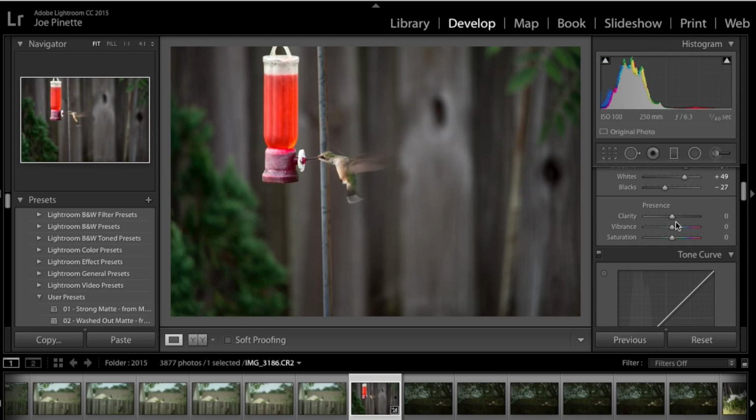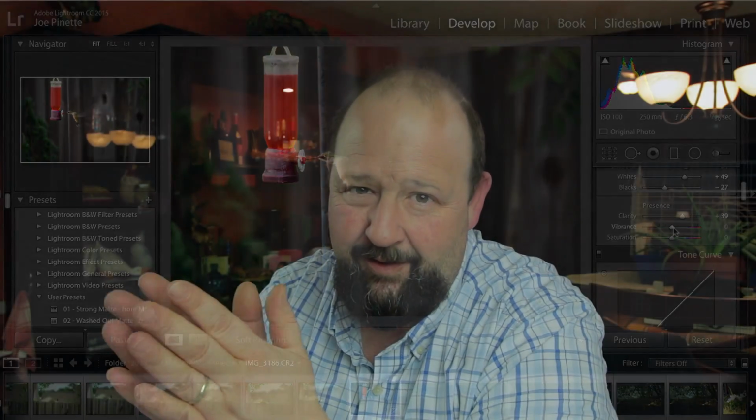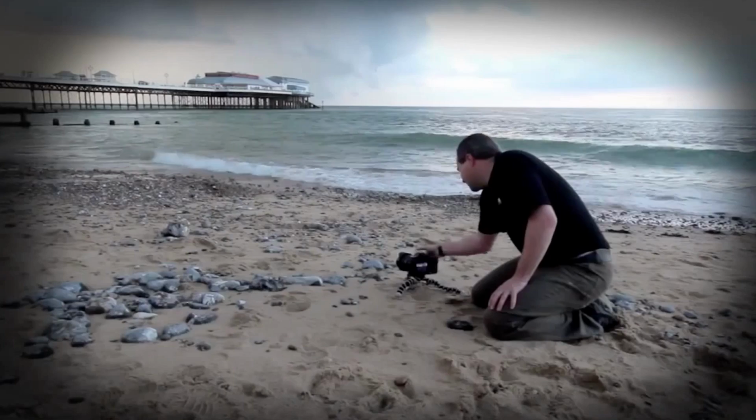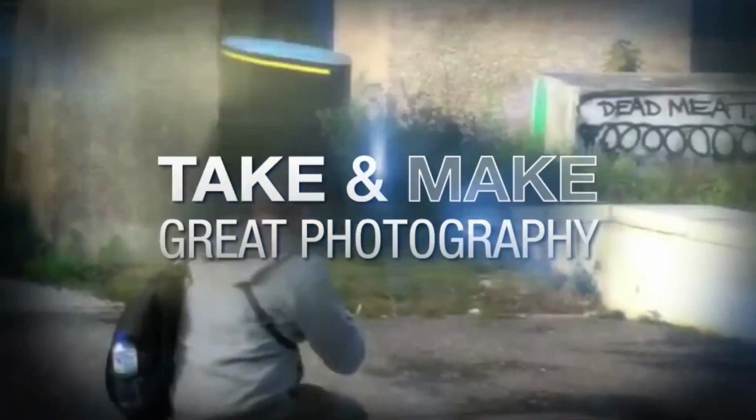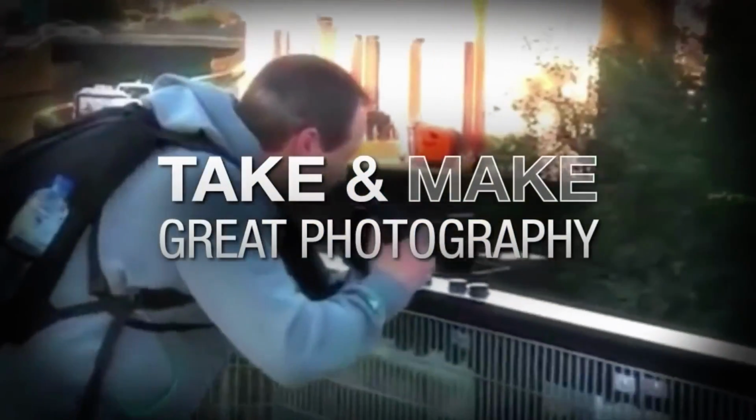But overall, in my opinion, I have to say that it is totally worth the $10 a month for the program, especially if you take a lot of photos. I'm on the yearbook committee at my school, so I do a ton of photographs at school all year long. I love going out on the weekends and taking photographs. I like doing fun photographs, like I watch a guy on YouTube called Gavin Hoey, and he does a ton of different cool photographs, and you can really practice doing different things. I've tried some of his stuff, and it's a lot of fun when you can actually put something together that looks professional,